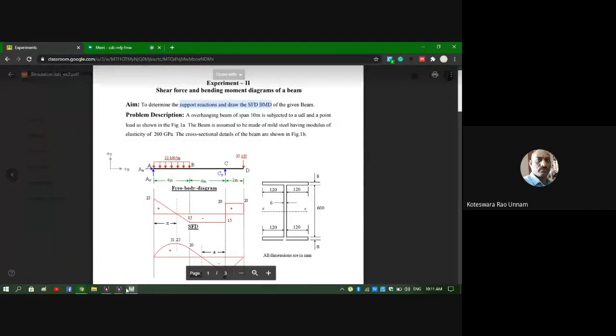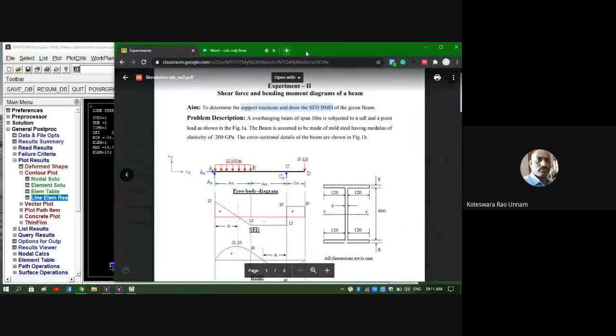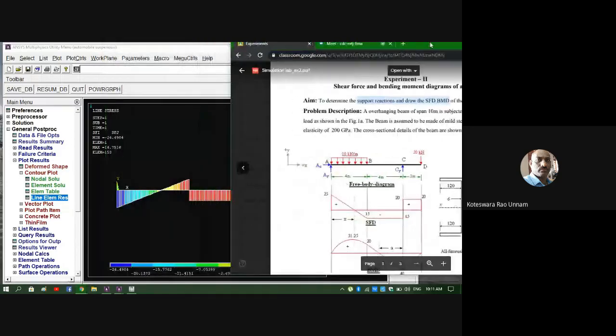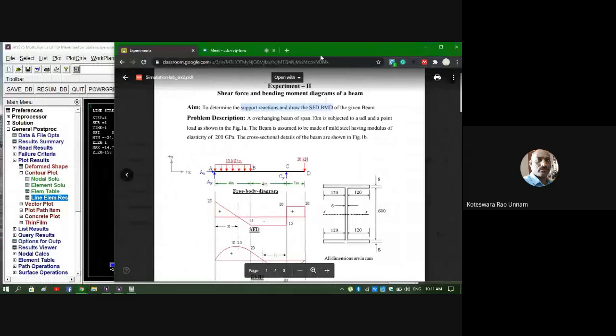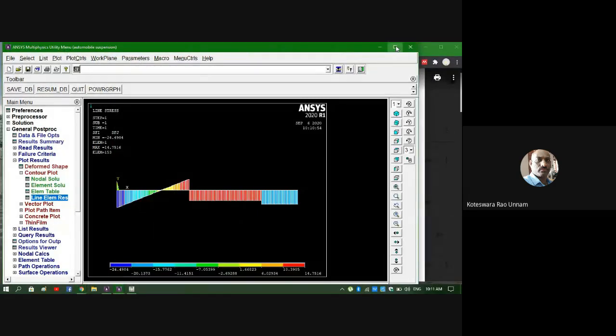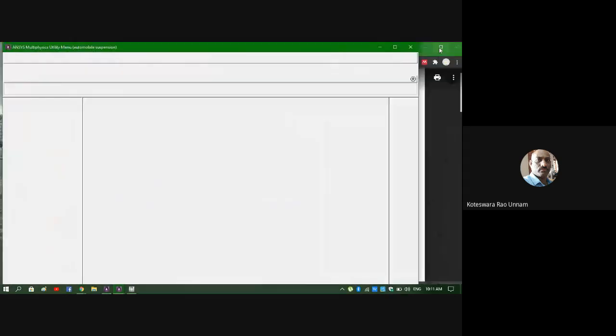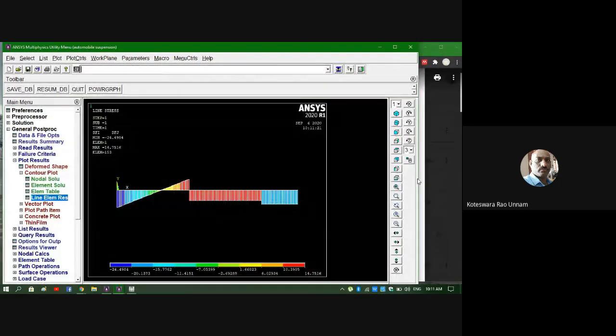Like I already told you, I'll minimize and keep them side by side so that you can compare it better. See, the only thing is the sign convention here is opposite for the shear force diagram. You can see that also.